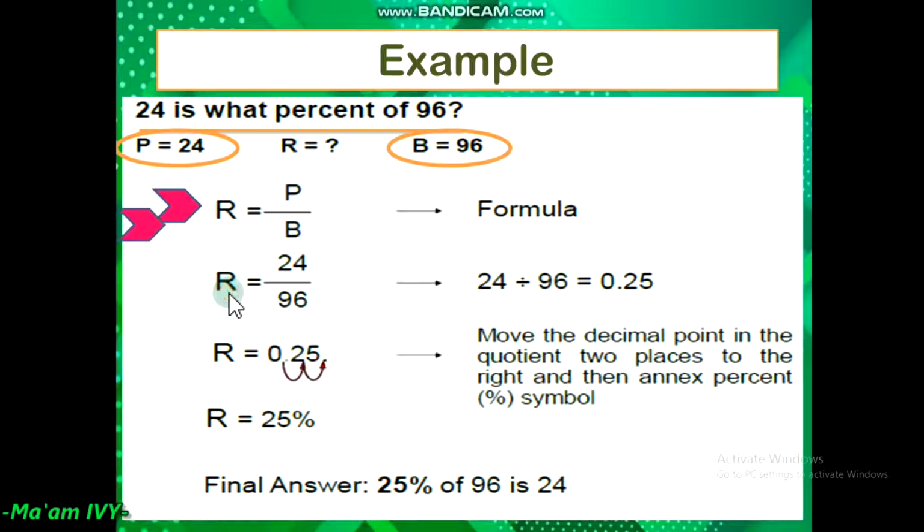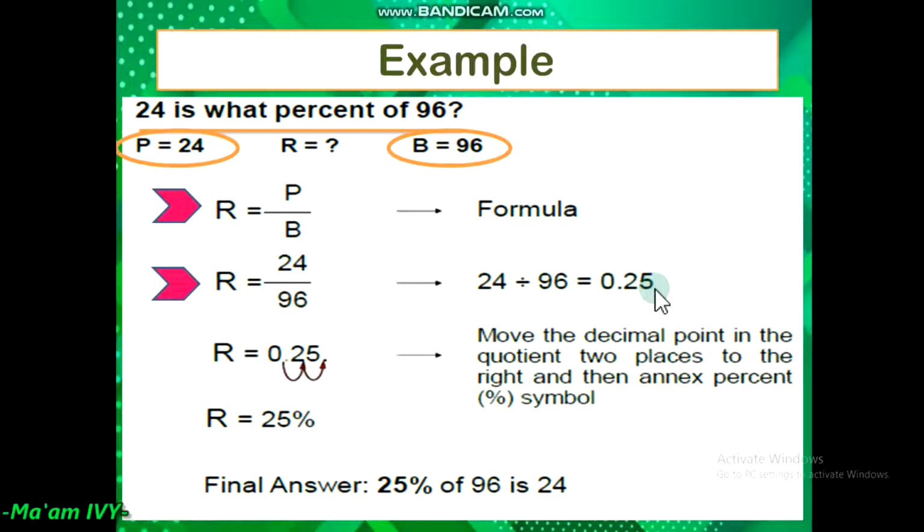Next, let us substitute the value in the formula. We have rate equals 24 divided by 96. So you are going to solve on your scratch. What is 24 divided by 96? By dividing it, you can get the answer